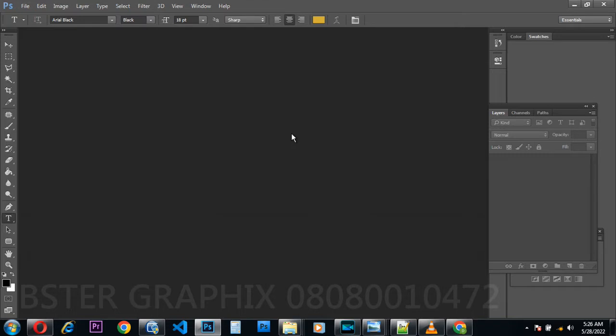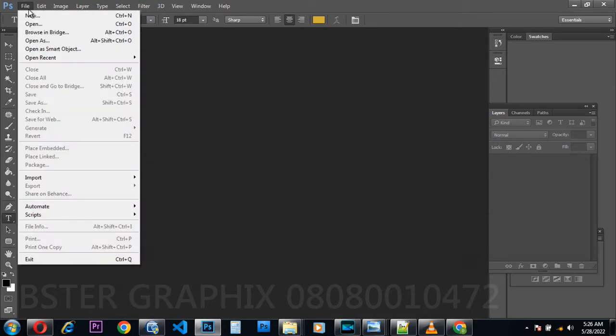So let's go into colors in Photoshop and how to add all of them. First of all, before you start working in Photoshop, you have to import an image. How can you import an image? You can go to File, go to New,